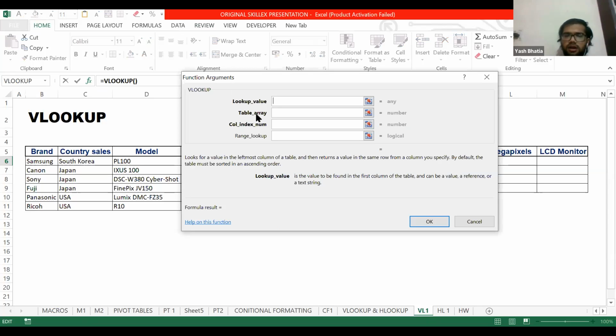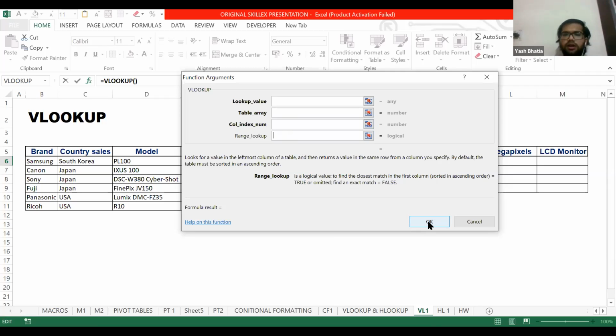The second argument is table array, or the source table. It is basically the table on the left from which data will be extracted. The third argument is column index number. It is the number of the column from which data is to be extracted. And the last argument is range lookup. It is basically true or false. If we write true, we get the closest match, and if we write false, we need the exact match. It's a logical value.